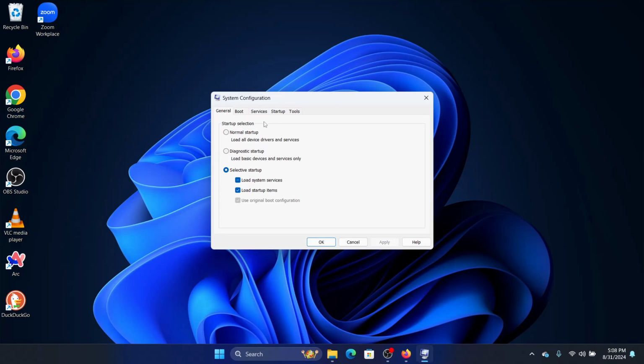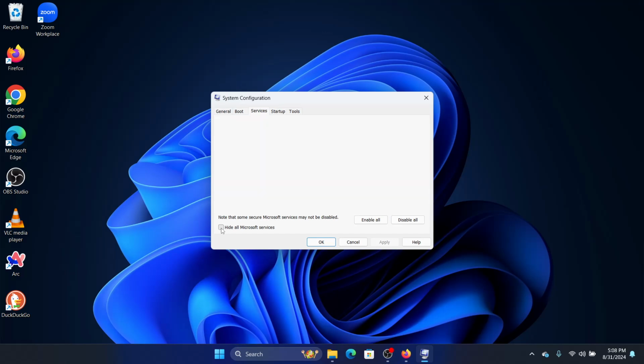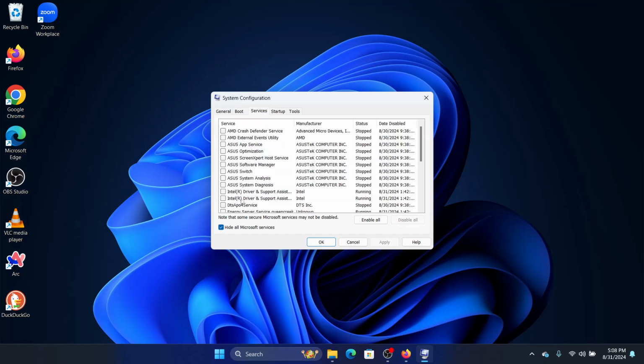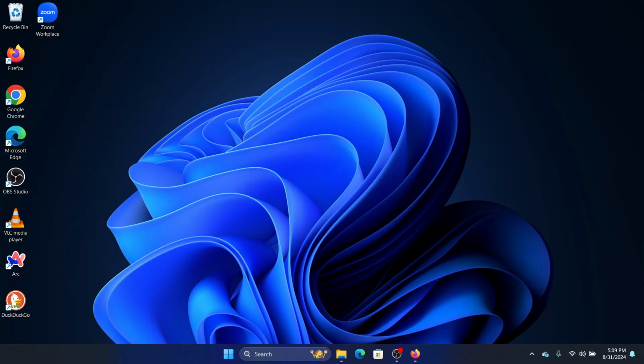click on it, click on the services tab, and before we do anything else we need to hide all Microsoft services, because if we disable any one Microsoft service then the system will fail to restart, and then we'll check any third party services like Google and Mozilla, McAfee, which are not necessary for startup, and then we will click disable all, we will click apply, OK, and we will click on restart, and that should restart our system in clean boot, and Ctrl Alt Delete